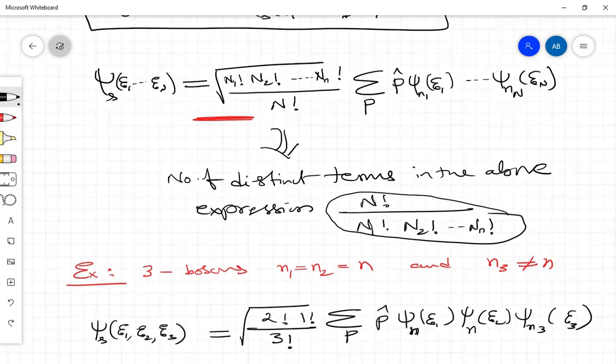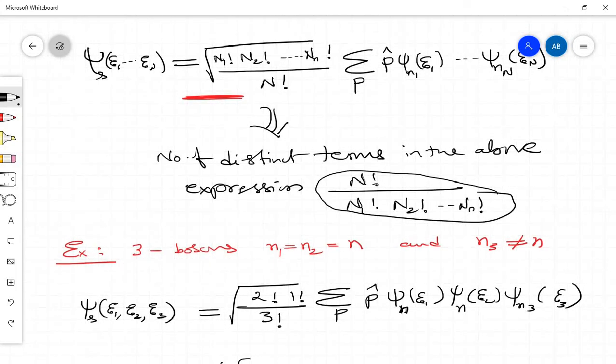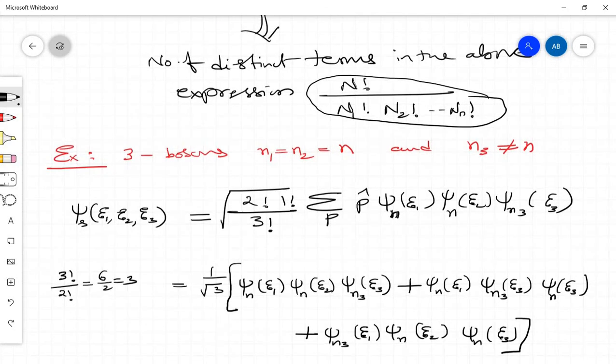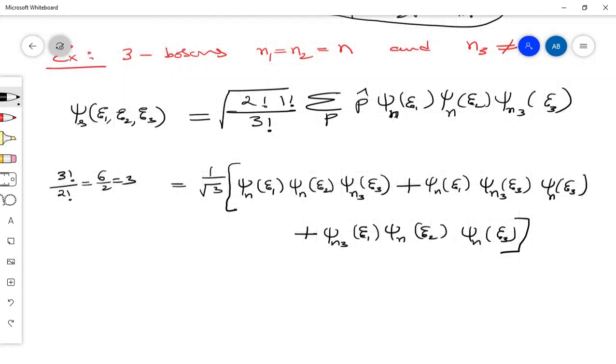So this is the case we have taken for the 3 bosons. Out of 3 bosons, 2 bosons are lying in the same state. So one boson is different. So something like this. There are 3 bosons, and the 2 states will be same. This is n1 is equal to n2, and this is the n3. So maybe 2 bosons will be here, and this is the one boson here. That function we need to write. That we have written. Okay, fine. I think it is clear. Okay, fine. So I'll stop here.